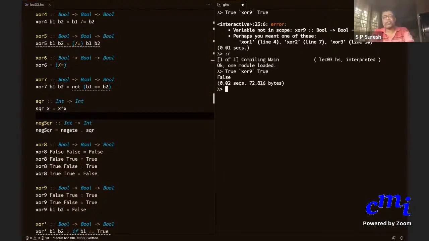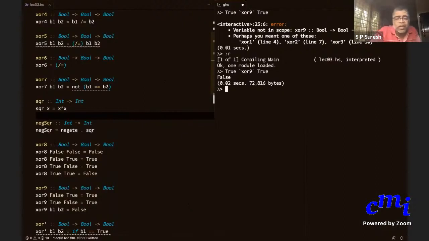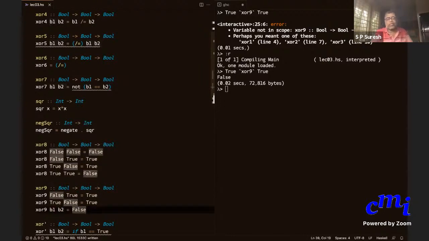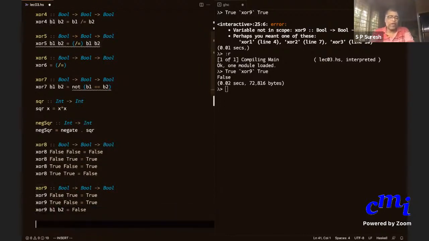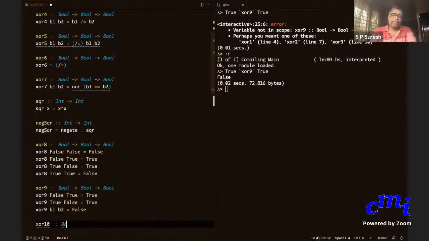So XOR 9 works. Is it clear? Now, what am I saying in the slide? I can mix. It need not be that all the arguments are constants or all the arguments are variables. I can have XOR 10 of false b. If the first argument is false, then what should my value be?